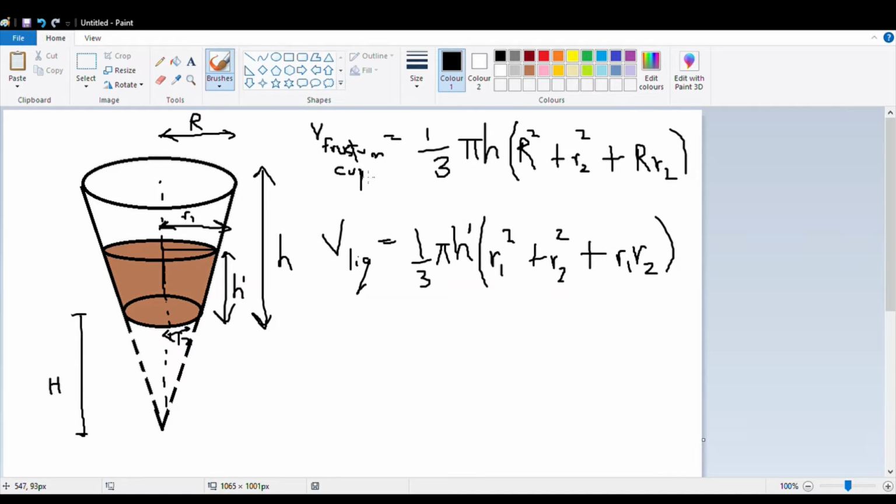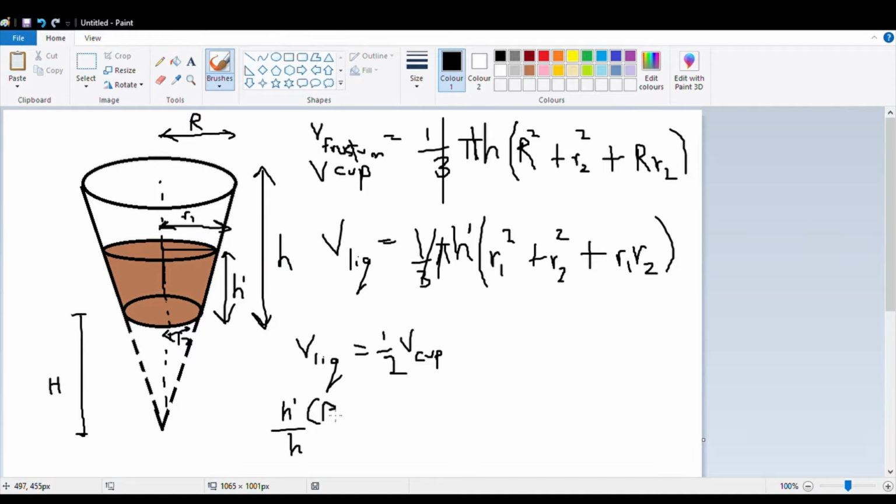We want the V liquid to be half of the volume of the cup, so we can divide these two and get half as the result. When we divide V liquid by V cup, 1 by 3 cancels out, pi cancels out, so it's H dash by H